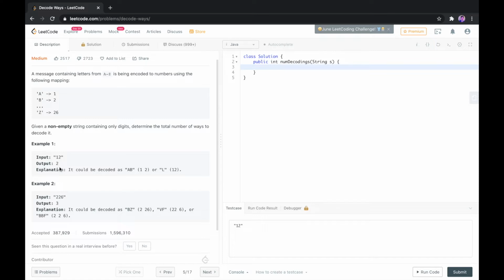So let's get into the coding part of this problem. Since we need to optimize a result and make best use of our memory, we are going to use dynamic programming for this particular question.